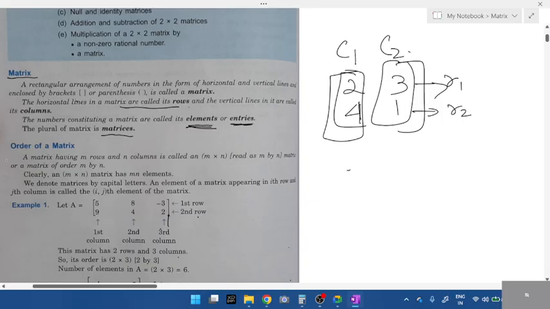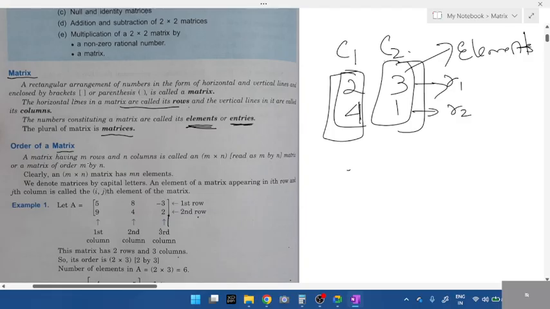Next, order of matrix. Just write this one: what is row, a column, and inside we call it elements. Total there are 4 elements, students. Elements can be numbers, positive number, negative number, 0. Order of matrix is nothing but the way you write these elements, how many rows and how many columns are there. The way you write it, we call it order of matrix.